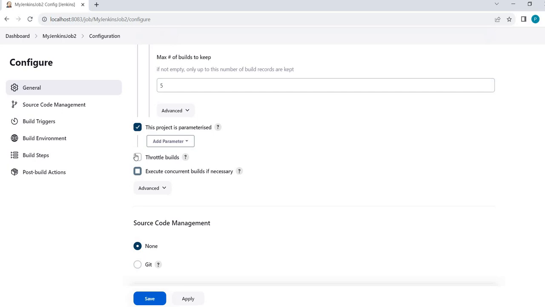Now this, let's forget about the throttle builds for now. Let's concentrate on this, which is a quite important setting. Execute concurrent builds. Now concurrent builds what? Parallel builds. Like if I execute this job one after the other 2 times, okay, so it will